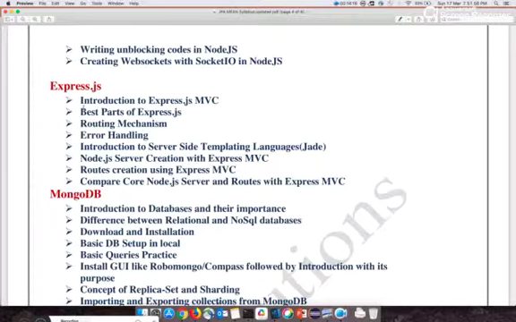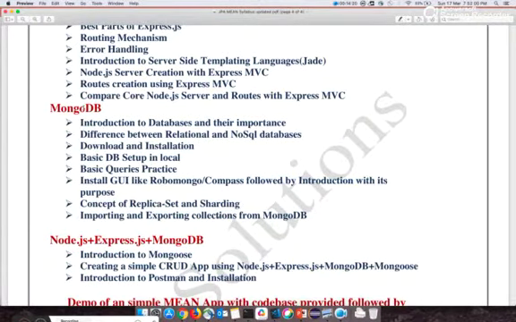MongoDB is the database. We will see how to connect Express and MongoDB, how to query MongoDB, and how to insert data and delete data. We call these CRUD operations: create, read, update, delete. So how to do all these 4 operations from Express. We will be seeing that, and towards the end we will be seeing the end-to-end flow from the client,